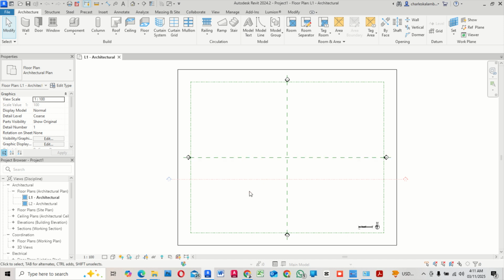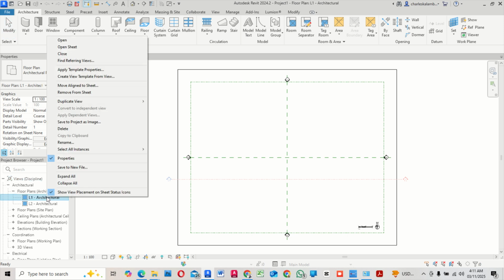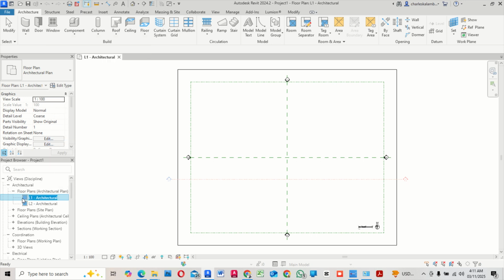Once we have this, the first thing you can do is start to rename this the way you want it to be. This is L1, it represents level 1 architectural, level 2 and so forth, depending on how many levels you want to create. So let's start by renaming this one to